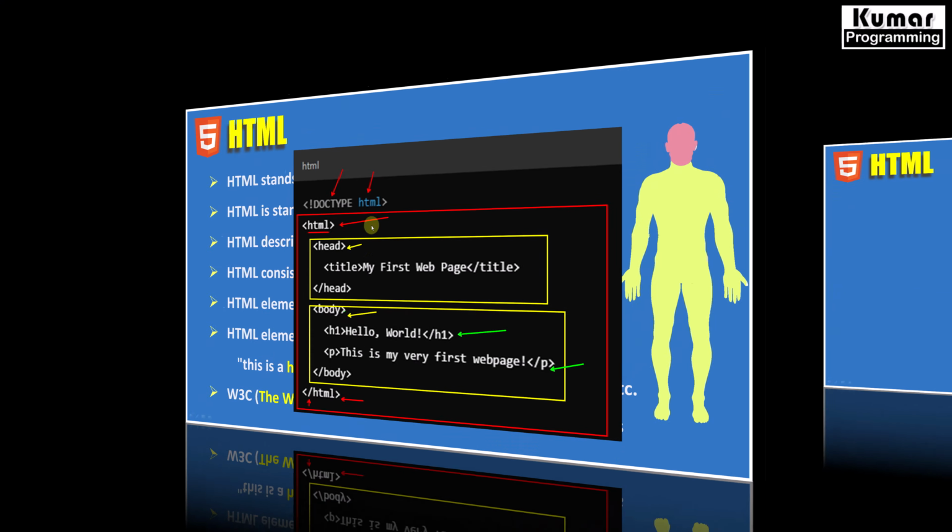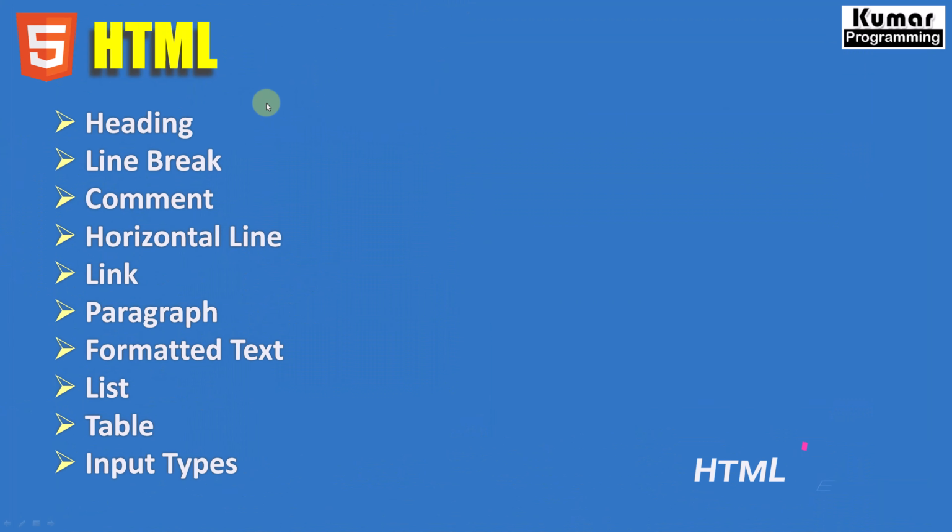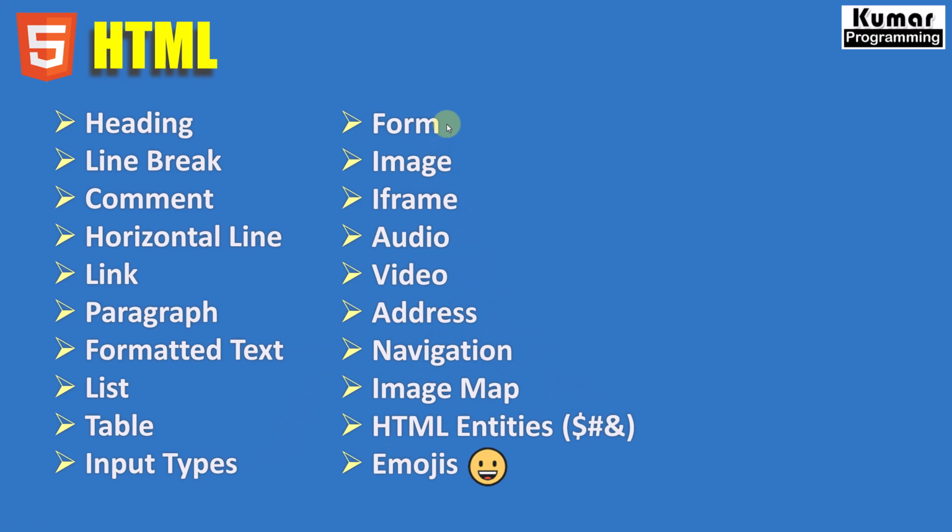Now let's see. We are going to learn about the elements like heading, line break, comment, horizontal line, link, paragraph, and formatted text. This is very, very important. Then list, table, and input types. How many types of inputs can we give from our HTML page? And further, we are going to learn about forms, how we can design our forms, and how we can add